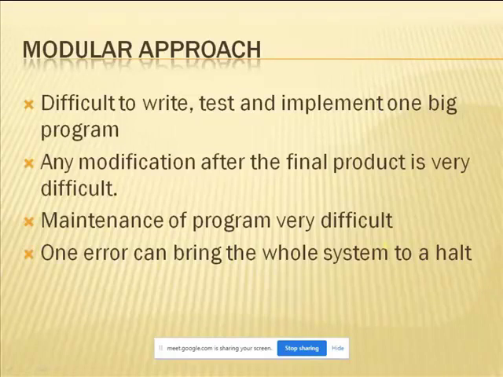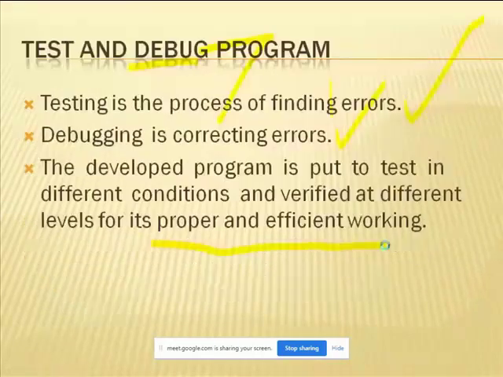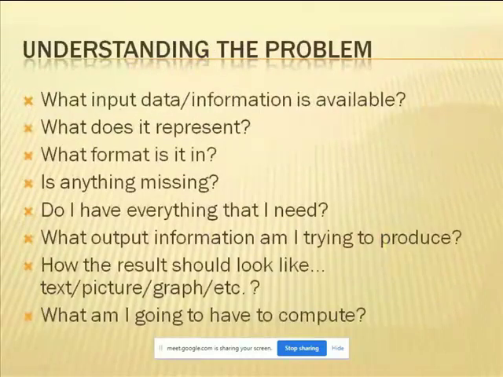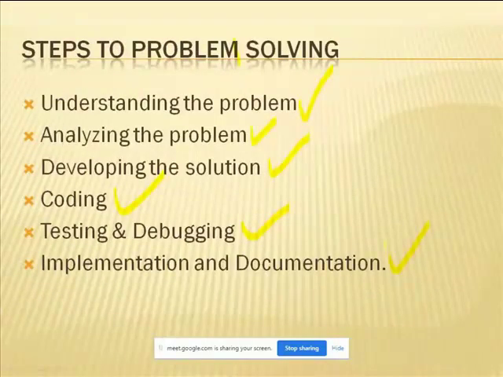And next, the modular approach. The method of problem solving is completed by understanding the problem and analyzing the steps. You need to understand the problem, and next analyze the problem for solutions. You need to develop the solution. Next, you have to prepare the code. Coding means you need to choose a specific platform. If you want to convert the code into Java, you can. You want to convert it into C++, or C, or Perl, Python, whatever it is. In whichever platform you are perfect, you can accordingly convert your problem into that code.